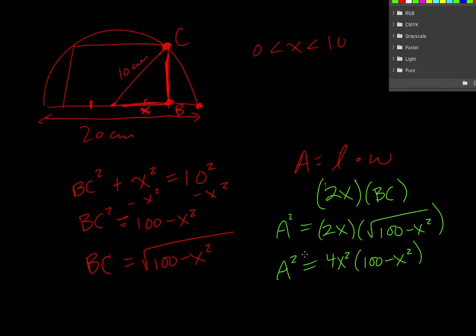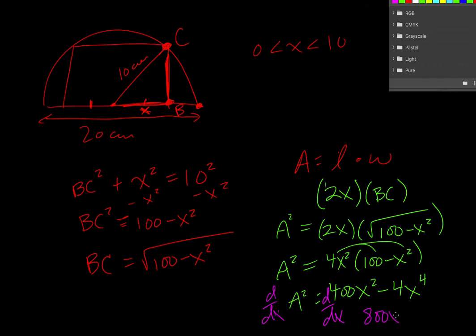and then we can just distribute that. 400x squared minus 4x to the fourth. Okay. Now we're going to take the derivative of this, so d dx, both sides. Okay, and we want to see what that is equal to 0, but when we take this, we get 800x minus 16x cubed,